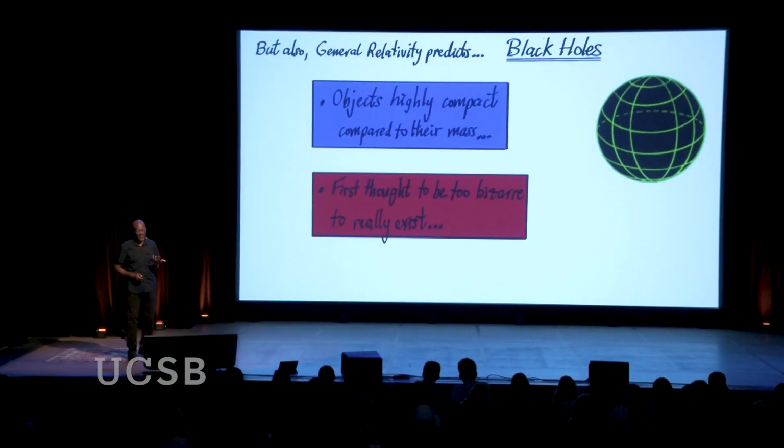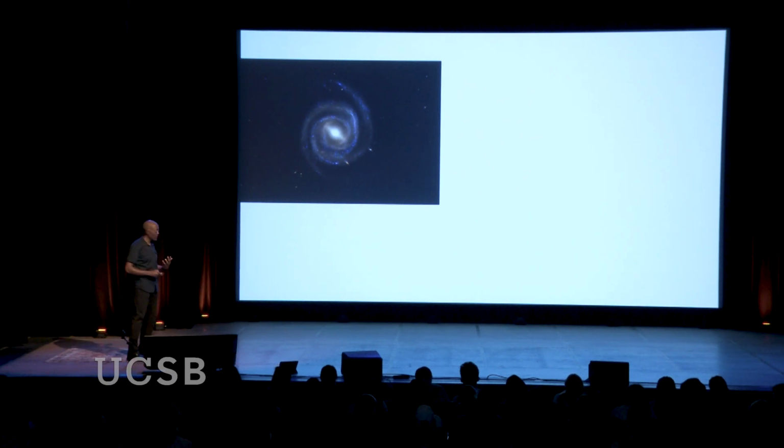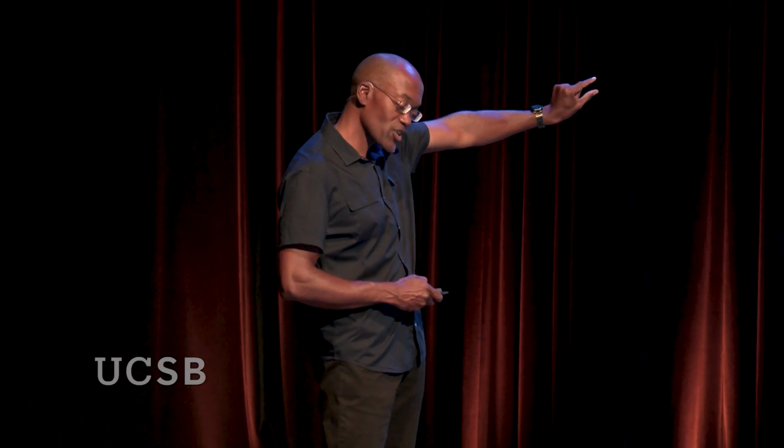Now, when people first started thinking about them, people thought this is just too bizarre, that this can't really exist. Now we know that the universe doesn't work without them. In fact, one of the discoveries is that galaxies, here's a galaxy, I showed you a field of hundreds of thousands of galaxies in one tiny piece of the sky. There are millions and millions and millions, billions in fact. By far, most if not all of those galaxies have a supermassive black hole that controls their dynamics and their